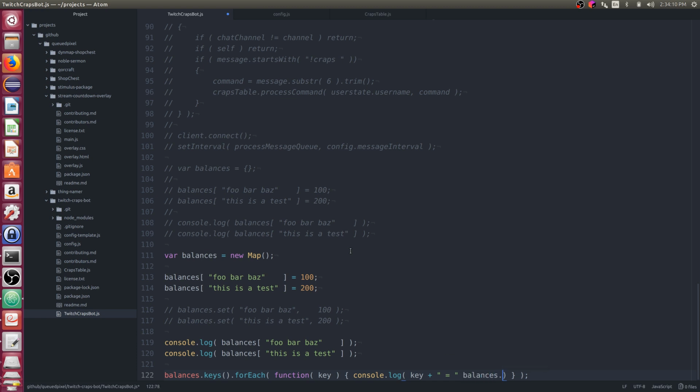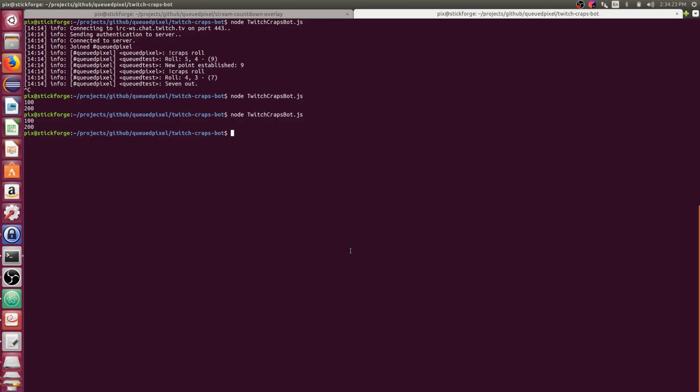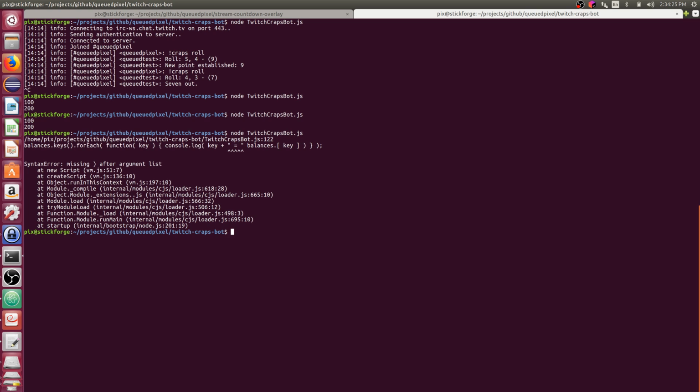That'd be balances.get. Actually, no, we could do this. We could do balances, do array reference on key. Let's see what that does. Looks like there's a plus sign missing here.